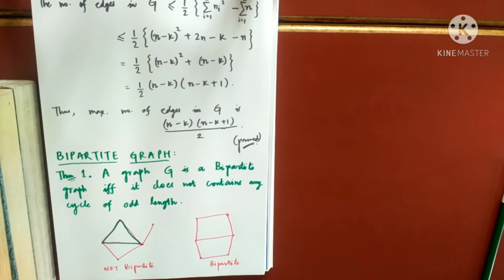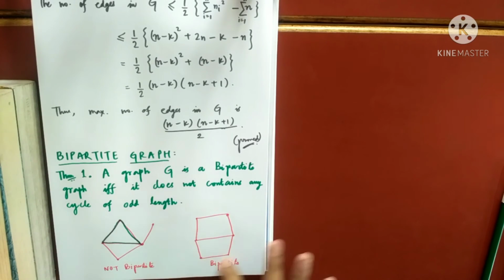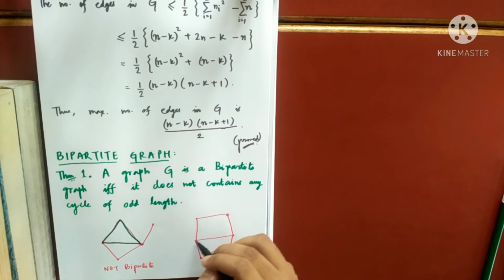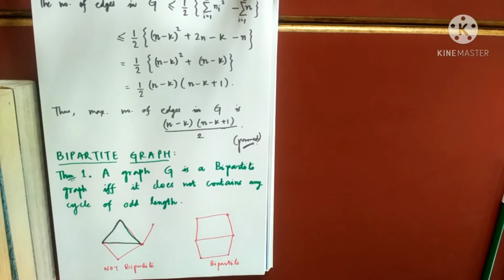Once it is bipartite, you can find the partite sets. You know how to find out the partite sets. There is no cycle of odd length. You can check because I can see only 3 cycles and no other cycle. But if I draw a line something like this, it will no more be bipartite because you can see there is a cycle of odd length. So understood this theorem and its application?